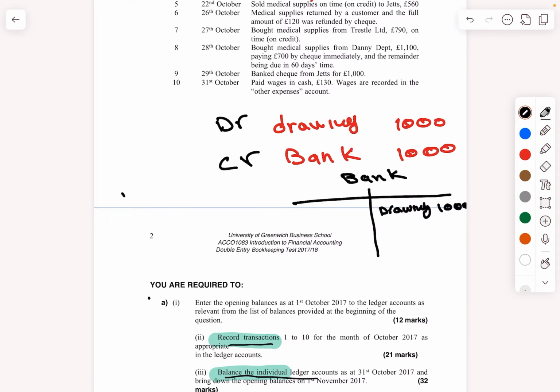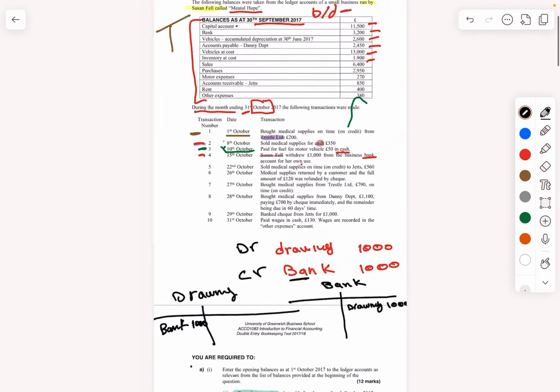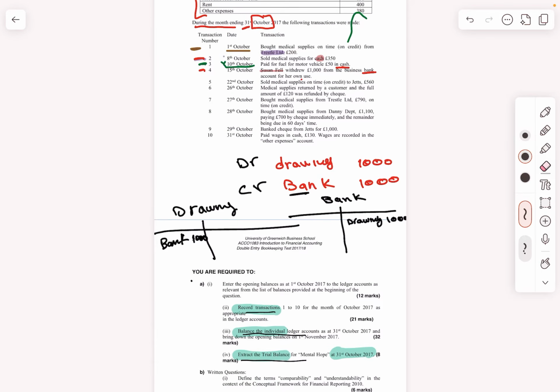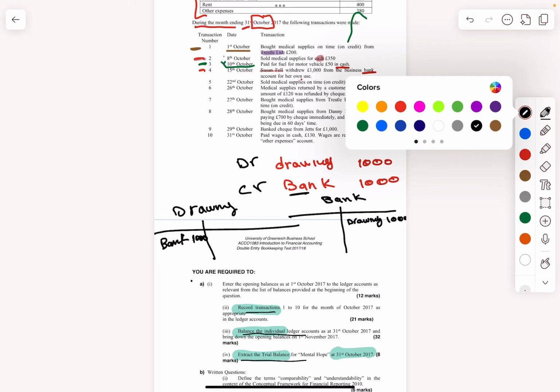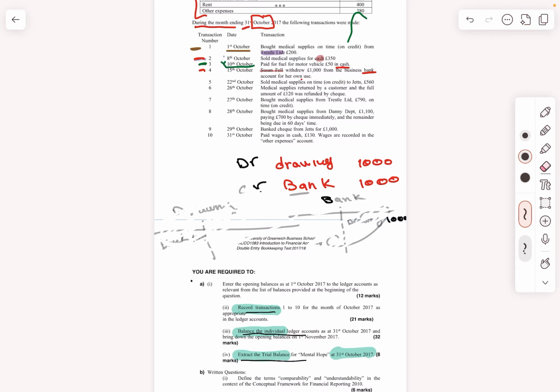And if we open a drawing account, we will debit the 1,000 under what name? Bank. Now let's go and add it, because we already have the bank account open. You don't need to open it every time. The reason I'm doing this is so you don't get confused by naming. Since we already have an account called bank,